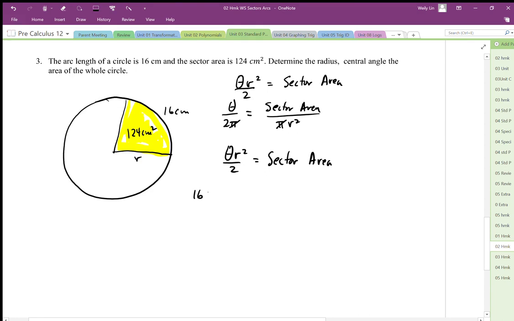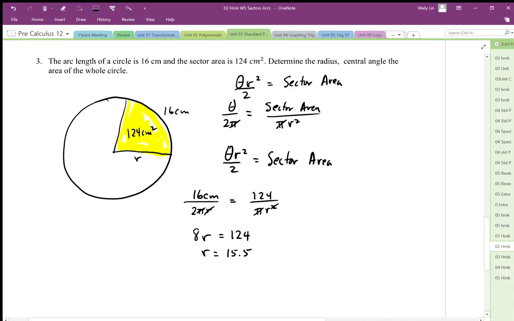Set up our fraction: 16 centimeters, the part arc, over the whole circumference is equal to the part area over the whole area. When we do this, we only end up with one variable, which is r. I cancel the pi r on this side and the pi r on this side, and we end up with one variable, r. So 16 divided by 2 is 8, and we bring the r to this side, equal to 124. We can solve for r by dividing both sides by 8. So 124 divided by 8 gives us a radius of